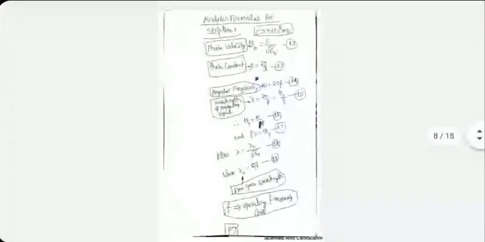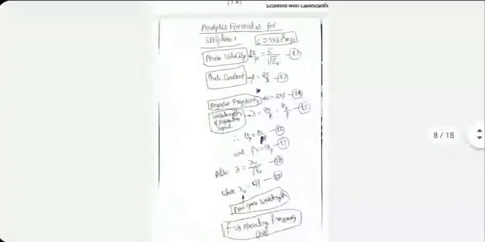I'll give you one set of equations which are reasonably accurate. None of these equations are 100% correct, but they are close enough to reality within a few percent, especially when frequencies of operation are not too large, not beyond 3 or 4 gigahertz. After that, the TEM mode assumption actually starts failing. If frequencies are too high, Ez and Hz are no more negligible. That's a very complicated situation. We'll ignore that in this course for now at least.